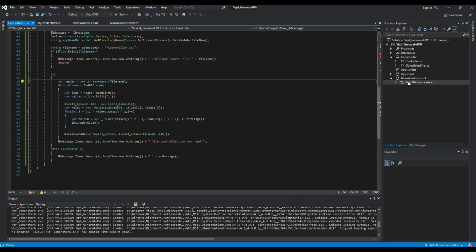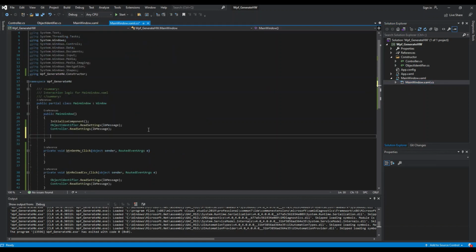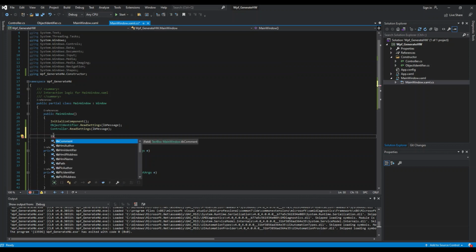Okay, so what I would like to have here, seeing that when we are starting the application, I'm getting some blank text boxes. So I would actually want to go and populate them with the